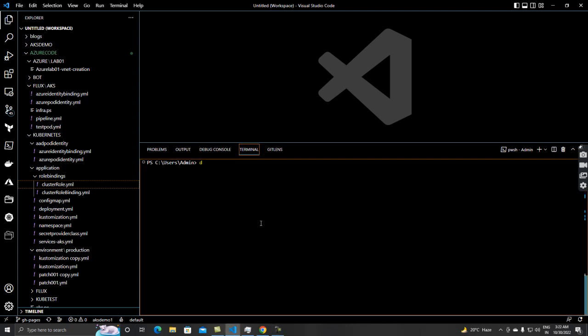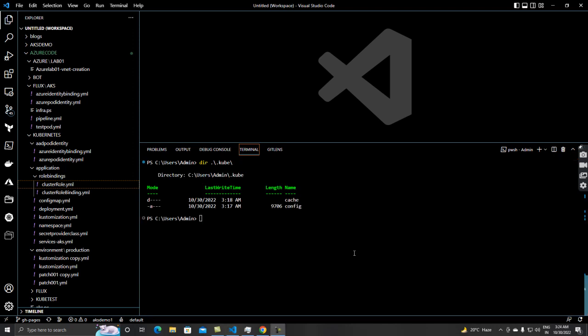So we do dir .kube, and this is the config file that we have. We logged into the AKS cluster earlier, and that's why we have an existing context in this config file, which we can see through kubectl config get-contexts,